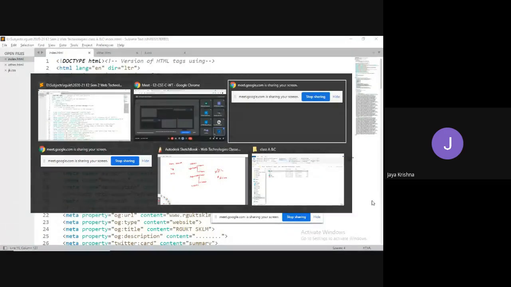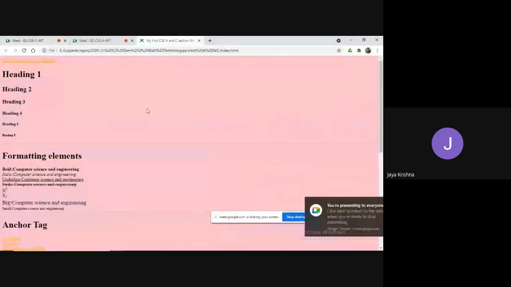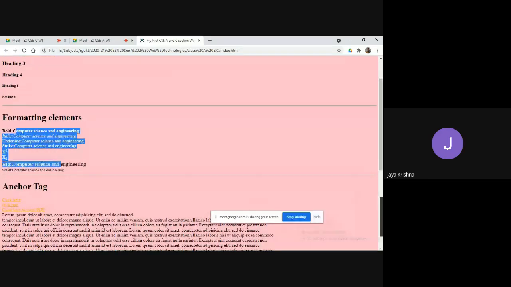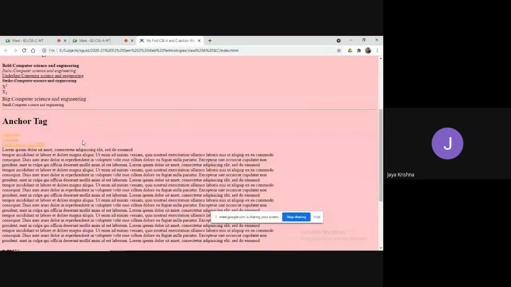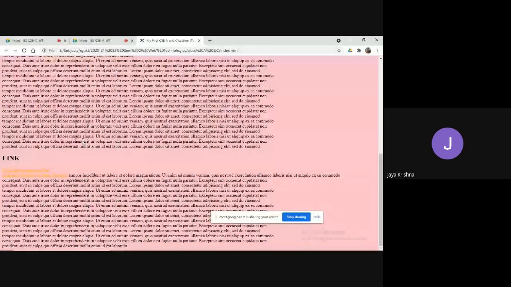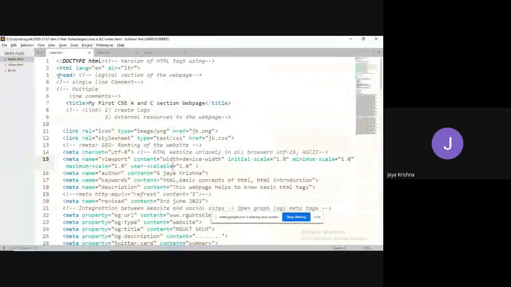In the last class, we have seen the basic formatting tags like headings, all the kind of formatting elements, and the anchor tag. Okay, and also we have seen various kinds of heading tags like the title tag, which is used to set the title, the link tag, which is used to create a logo and also to add external resources to the web page.